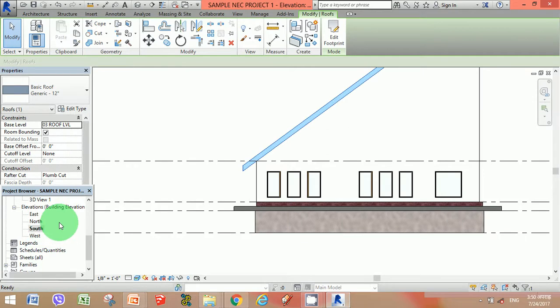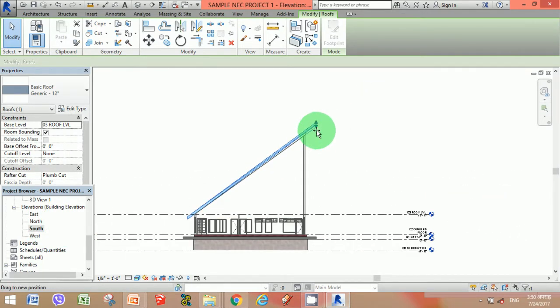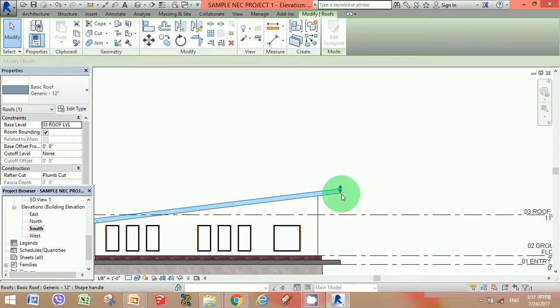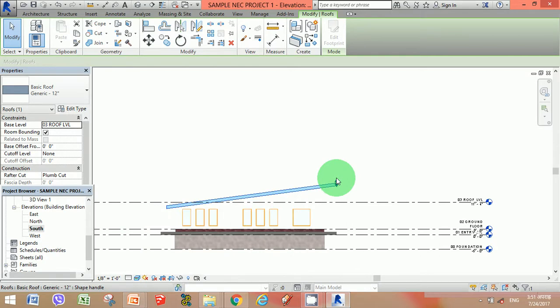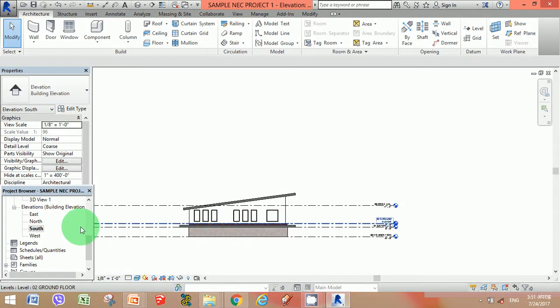Now let's go to the elevations. Okay, the slope is very high, so we just redesign the slope as per our demand. I think this slope is okay for now, so we could easily change the type of slope from the elevations.